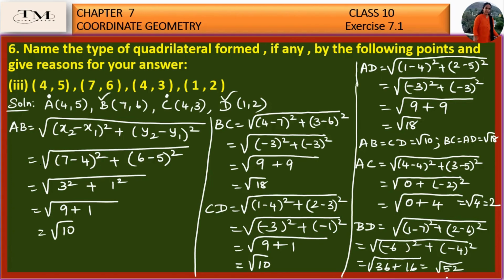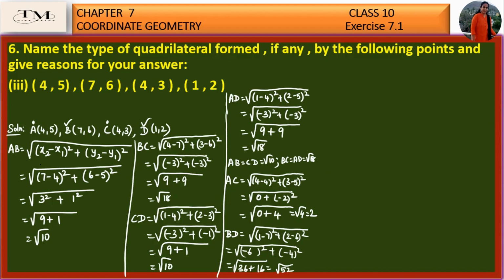So now what are the things we get? We get two sides are equal but diagonals are not equal. So what is the result? We will see in the next page. So what we got? AB equal to CD equal to root 10. Next we got BC is equal to AD is equal to root 18. Okay, so if you check this,